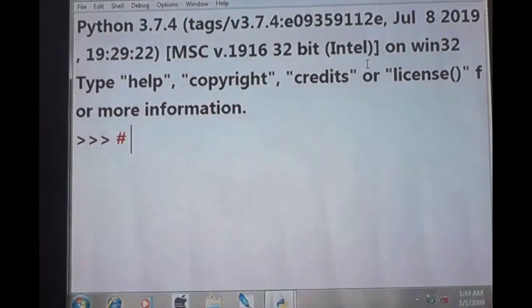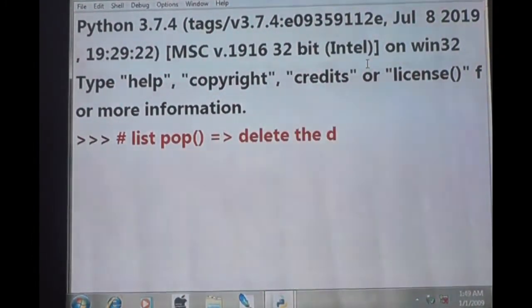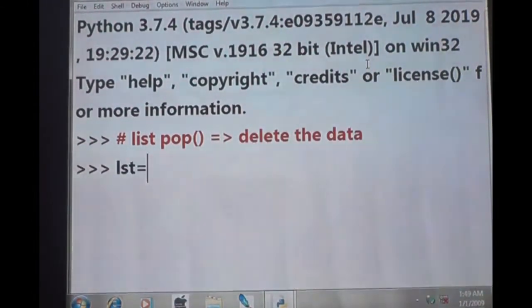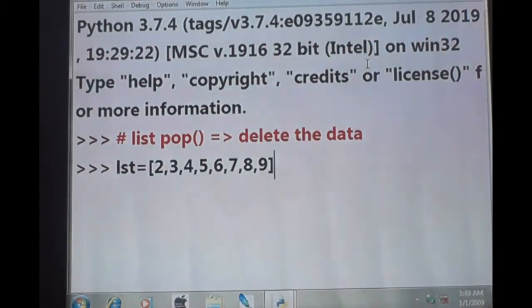List pop function. Pop function means it will delete the data. So list is equal to 2, 3, 4, 5, 6, 7, 8, 9. Okay, fine.